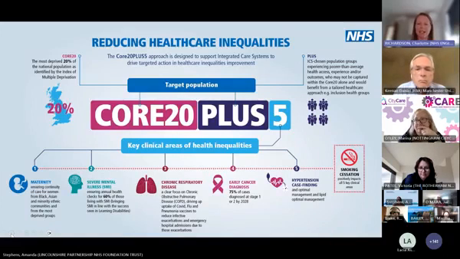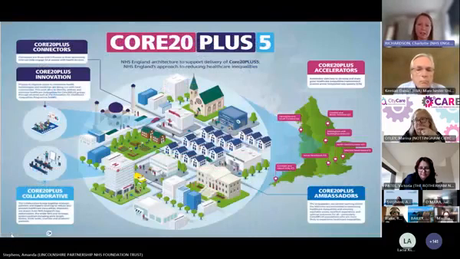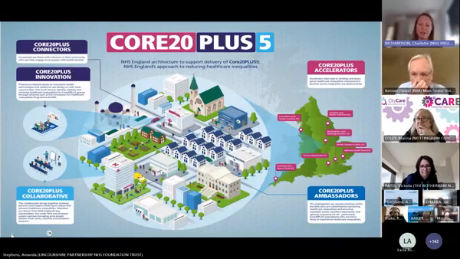So if you go on to the next slide, we have a really nice graphic of the ecosystem or the architecture through which the CAAW20+5 approach is being delivered by the NHS England team. So several of these are networks really acting at different levels. So the connectors are people of influence in their community who can engage local people. The ambassadors are people working in the NHS committed to health inequalities improvement and really producing some excellent quality improvement projects. The collaborative is a higher level organisation.